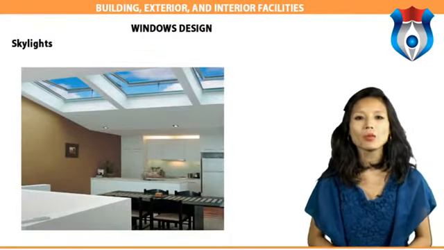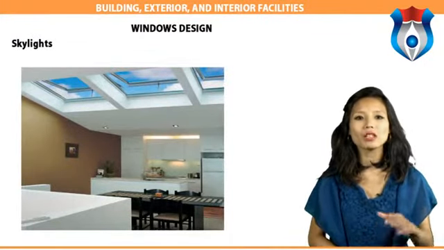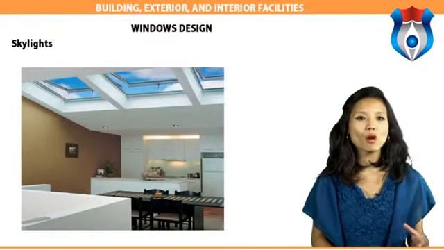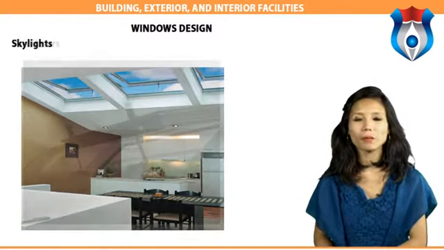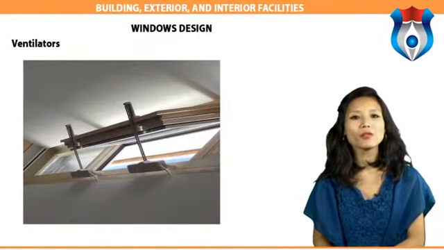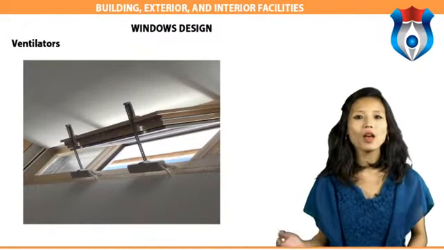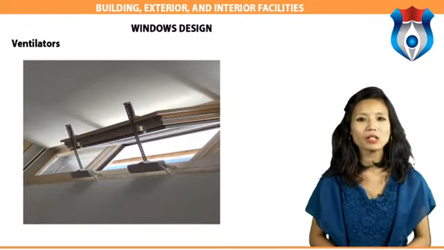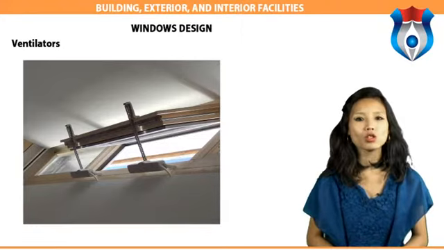Skylights. It is provided on the sloping roof to admit light. The window projects above the top sloping surface and runs parallel to the sloping surface. Ventilators. It has a frame and a shutter, generally glazed, which is horizontally pivoted. The shutter can be opened or closed by means of two cords, one attached to the top rail and the other